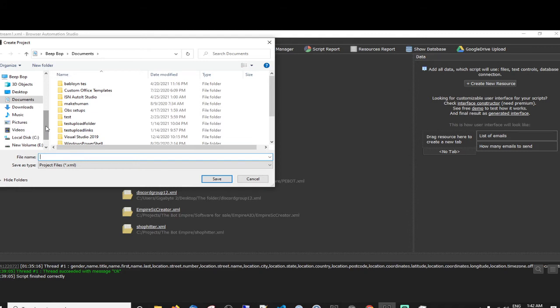If you haven't already done so, you can download Browser Automation Studio, which this bot is going to be made in. The whole bot is going to be made in Browser Automation Studio. Browser Automation Studio is absolutely free, so yeah, get it. It's in the link. I didn't design the framework, by the way. It's not my framework or anything. I just do videos using it.